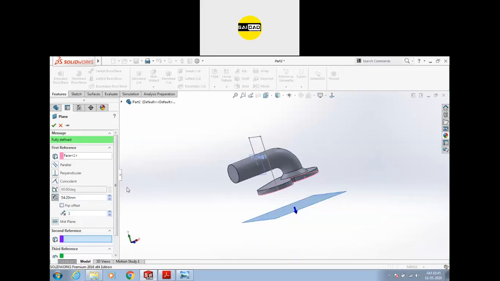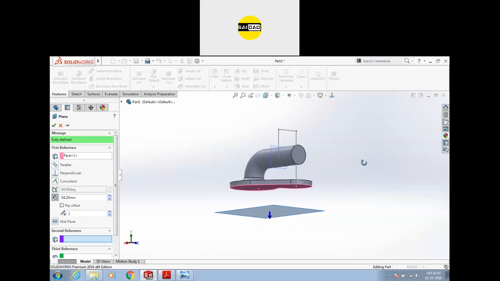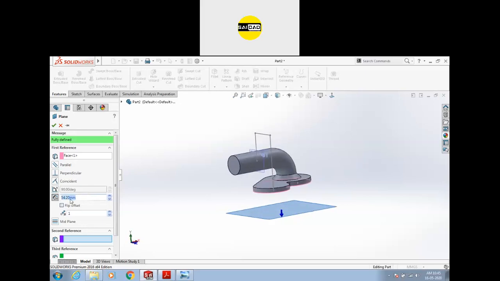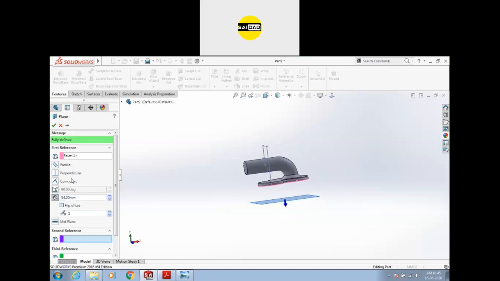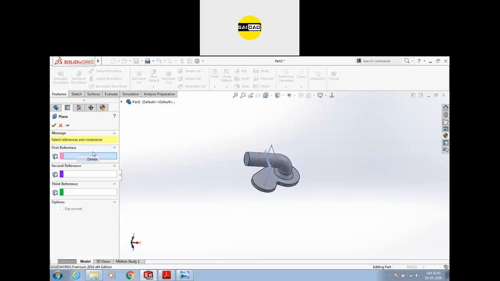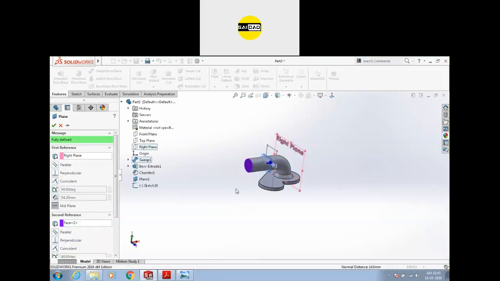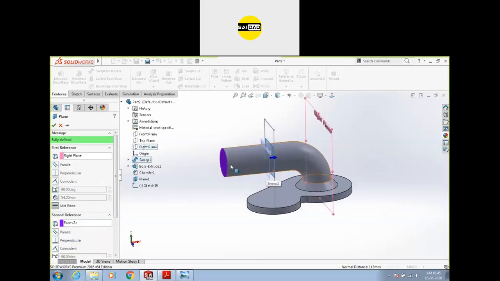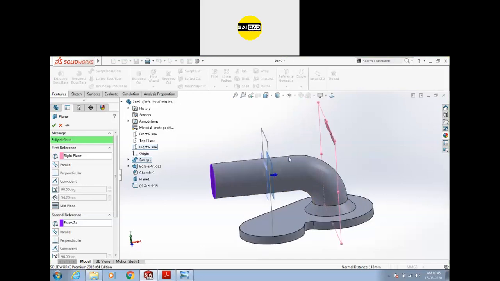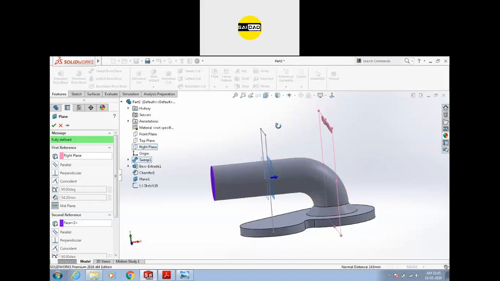Okay, this is the basic option to create an offset plane to a distance which can be specified from this. You can just click here and change the sides. Just click here and you can change the reference. If you want a plane that is in the mid, like I want a plane that is in the mid of this and this face, you can see that we have a plane that is in between this plane and this face. So there will be that plane, in the exact midpoint.